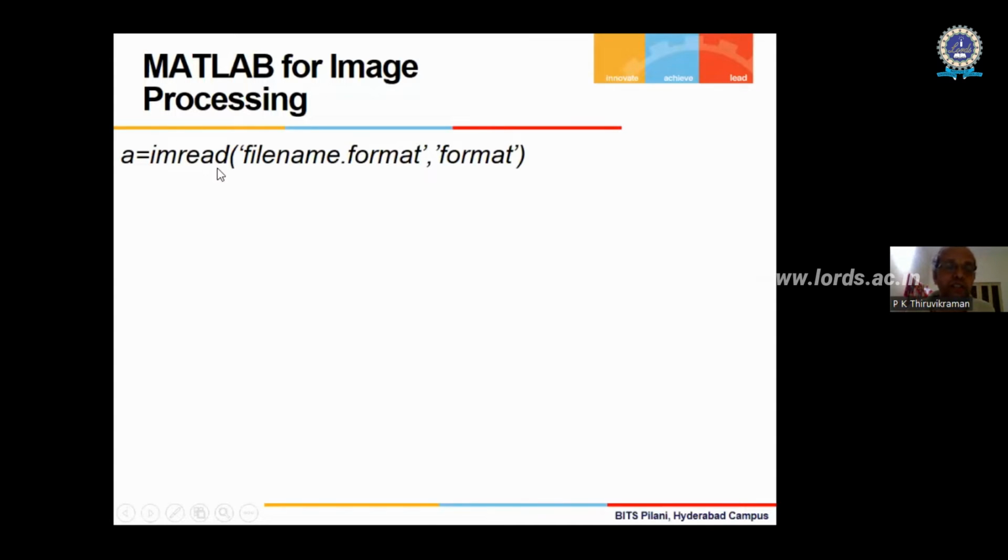Basically, this is an inbuilt function, a MATLAB function. imread is a MATLAB function which will operate on an image. Actually, this format need not be mentioned. Suppose I have a JPEG image, file name .jpeg. This format need not be given; you can give it or not, it's optional. If you do that, it reads the image and stores the values, that is intensity values, in a 2D array